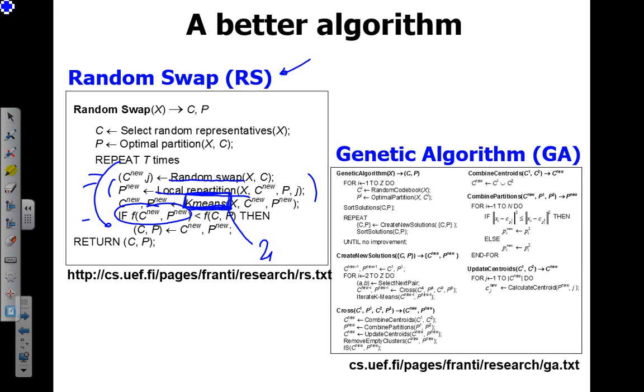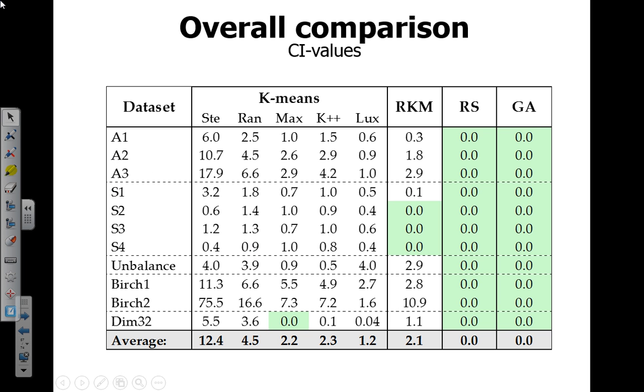The second algorithm I took here is the genetic algorithm, and this is just one example, as there are many different variants. I don't know if this is even the complete pseudocode here, but it's already an order of magnitude more complex to implement. But I chose it because it's really the best approach in general to find the best solution for clustering. So just to give some perspective.